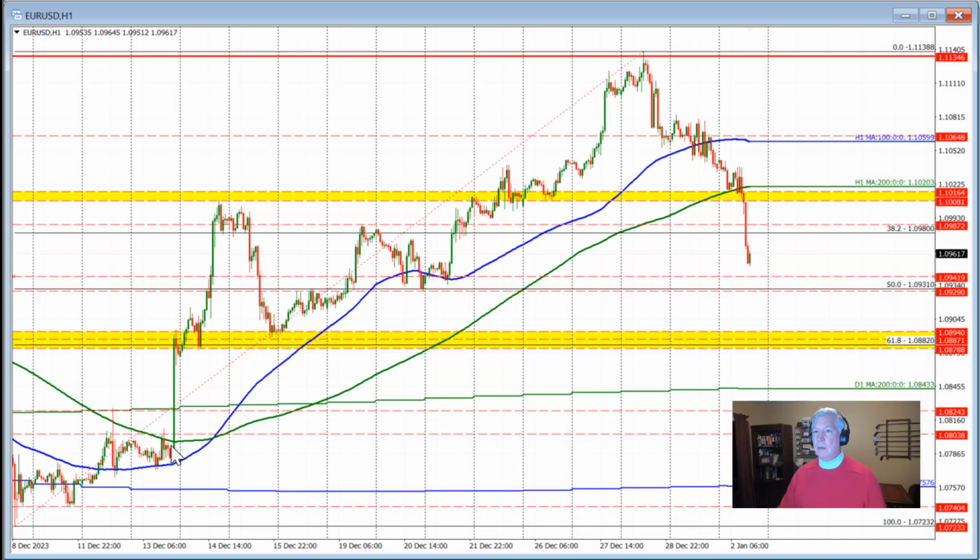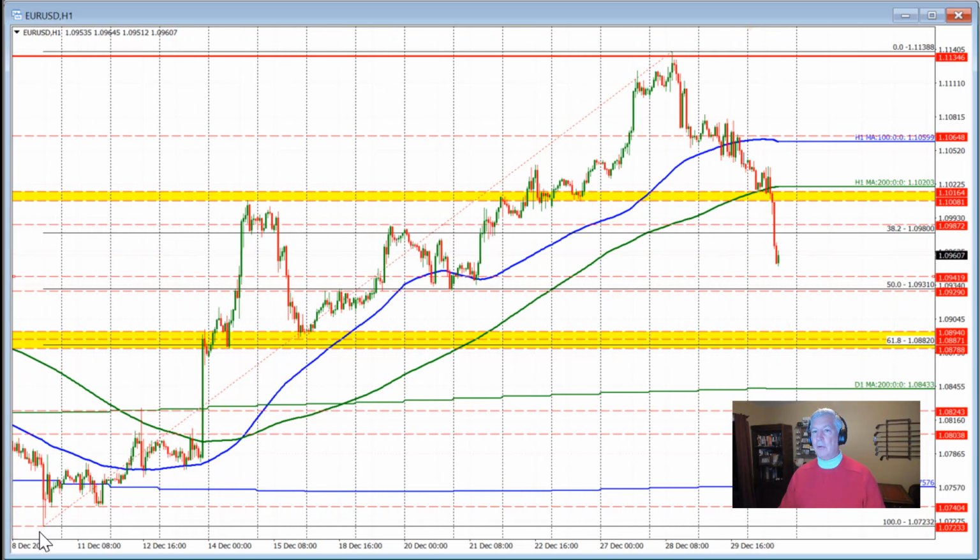The last time the price traded below that level was back here on December 13th. So we did find a stall against that level and then ultimately moved below it and pushed the market further to the downside. That move has subsequently taken the price below the 38.2% retracement of the move up from this December low to this high price that we saw right through here. 38.2 comes in at 1.0980. And we're working our way down toward that 42 level, that 50% midpoint of that longer-term trend on the